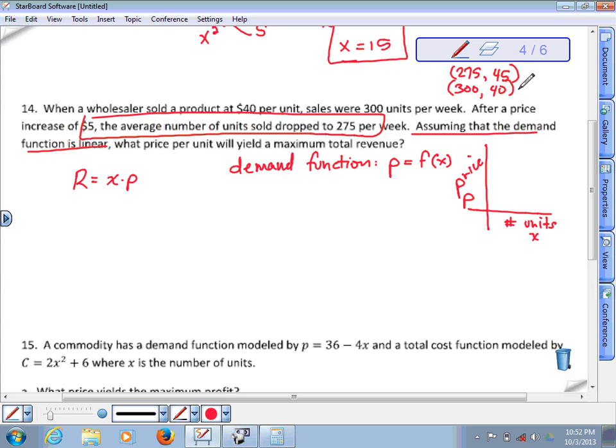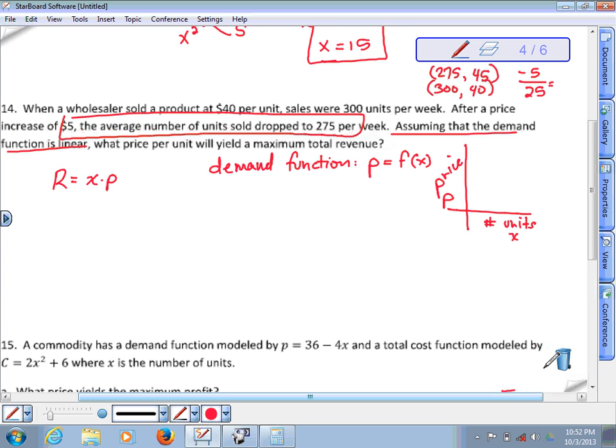Now, the slope between these 2 points is the change in y, which is, if we call this y2 and this one y1, the change in y is negative 5, divided by the change in x. 300 minus 275 is 25, so that yields a slope of negative 1/5. Now the price function is linear, so it's of the form y equals mx plus b,